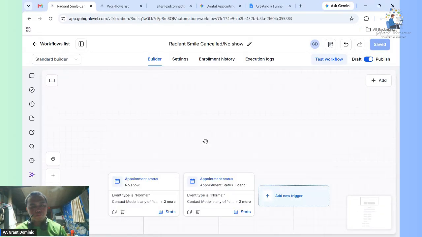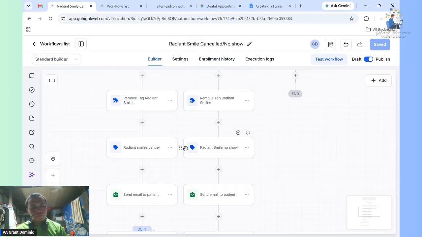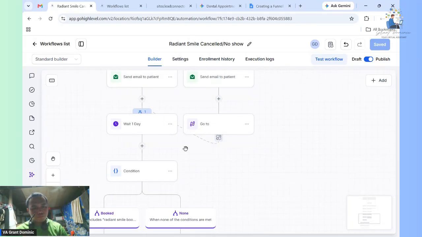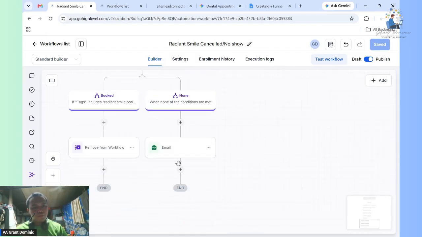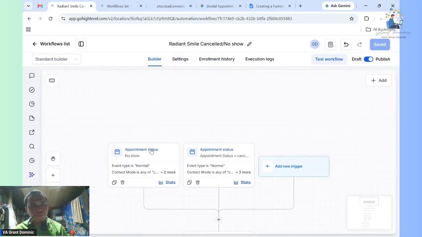Yeah, just wait for 1 day. So after waiting for 1 day, it will send an automated email if they did not book. So we've already sent an email to the patient.